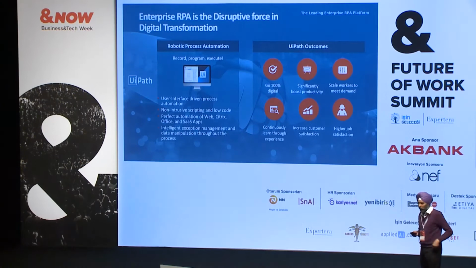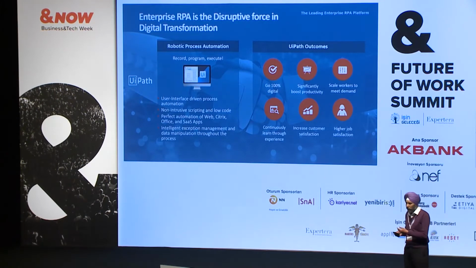My sense is, and I couldn't really understand most of the presentation which was there beforehand, but looking at the visuals, my sense was Akbank was talking about the digital transformation which they're doing, not only on the customer side, but also possibly throughout their whole organization. RPA is a significant component of ensuring that digital transformation actually achieves its benefits. So what's it all about?